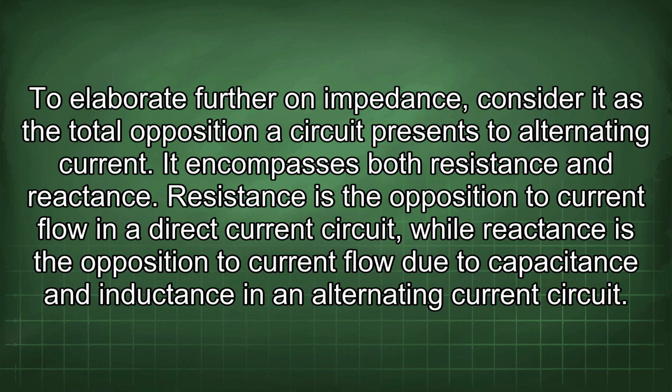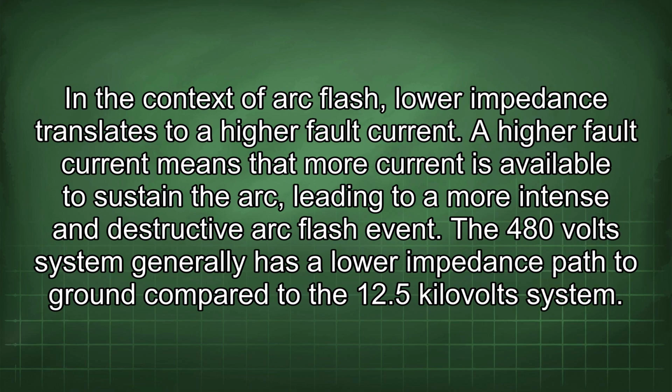To elaborate further on impedance, consider it as the total opposition a circuit presents to alternating current. It encompasses both resistance and reactance. Resistance is the opposition to current flow in a direct current circuit, while reactance is the opposition to current flow due to capacitance and inductance in an alternating current circuit. In the context of arc flash, lower impedance translates to a higher fault current. A higher fault current means that more current is available to sustain the arc, leading to a more intense and